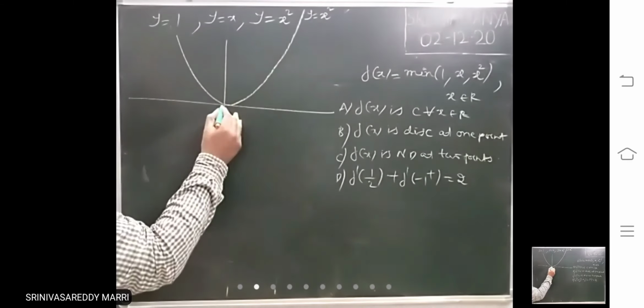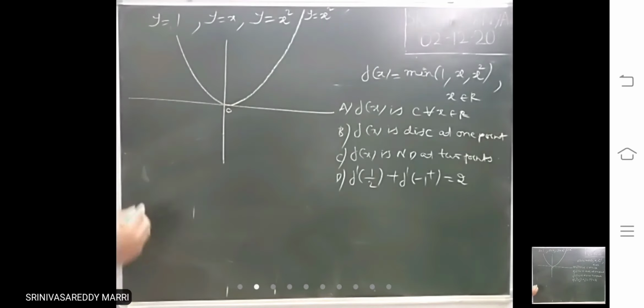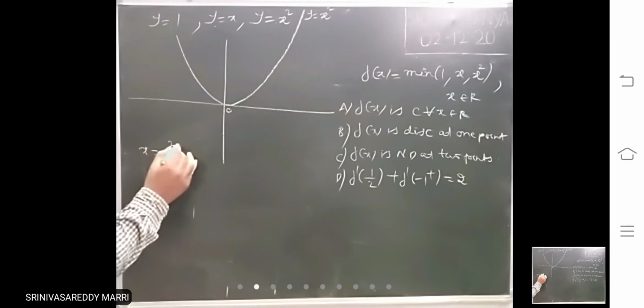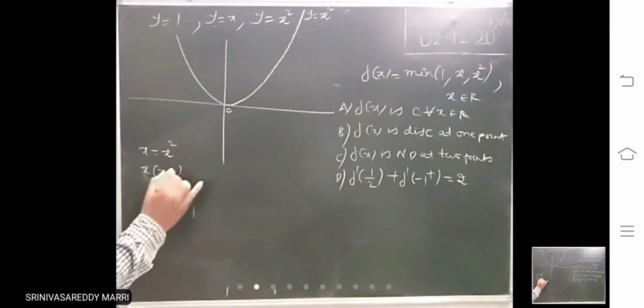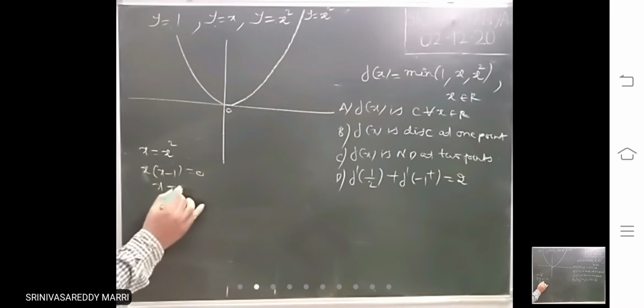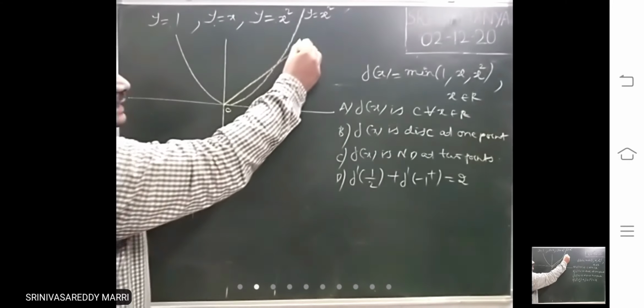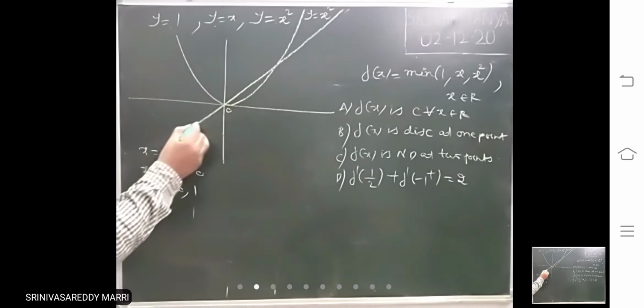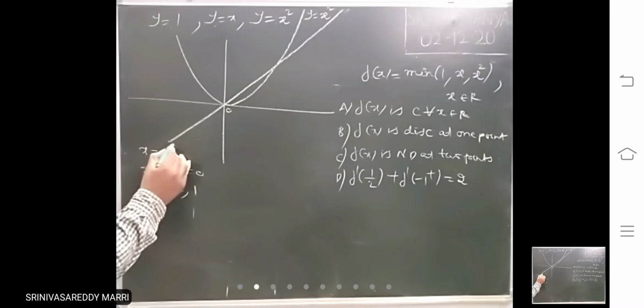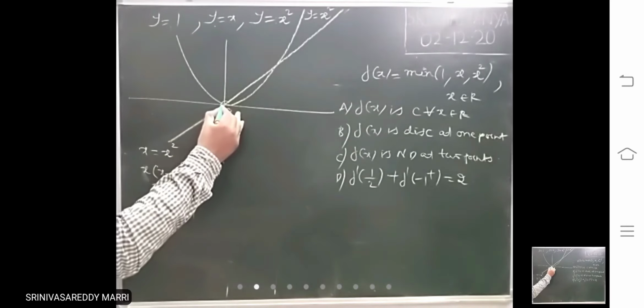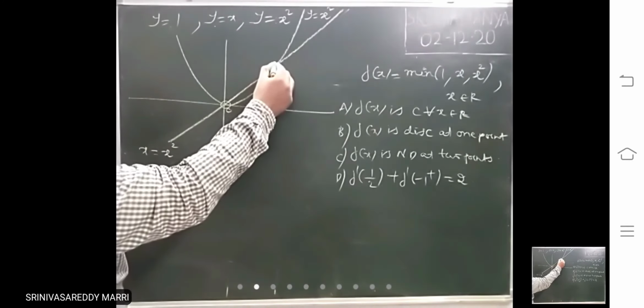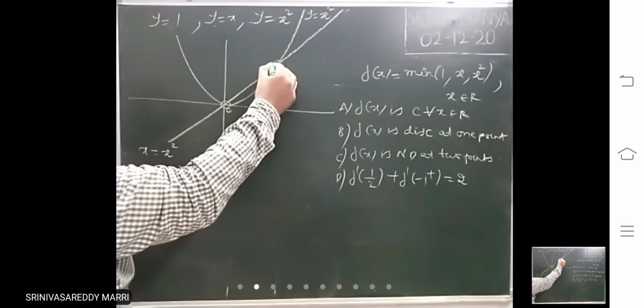Now while drawing, these two graphs will intersect. Look at, intersecting points means what? Solve this and this. Where they will intersect, let us calculate. The graphs will intersect at 0 and 1. Look at, I am drawing the line. While drawing the line, it will intersect. At which point? This one is one point of intersection. This one is one point of intersection.